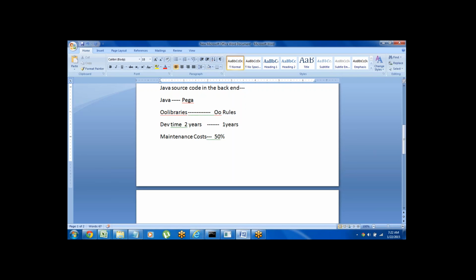In real time, if a Java project needs maintenance, we can do that in Pega technology. An application developed in Java can be maintained in Pega also, which saves the maintenance cost by around 50%. I will tell you how in the coming sessions.